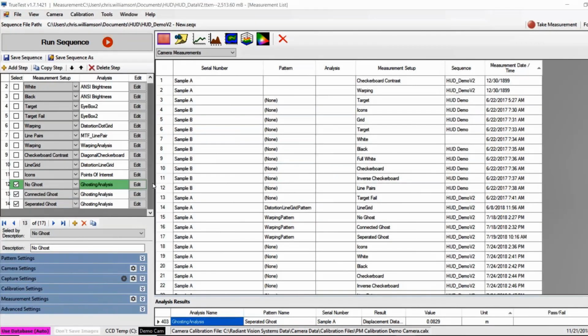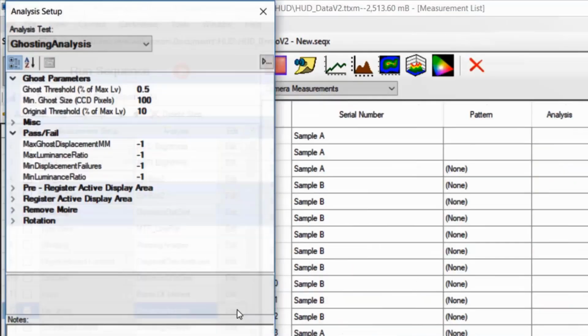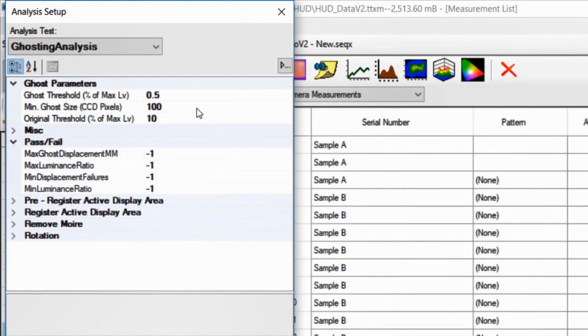So if we go through the ghosting algorithm, we'll bring it up. And again, you'll see the different parameters. And all of our software is very similar in that you have the flexibility to edit the parameters for each analysis. So whether we're looking at the percentage of max luminance from a parameter perspective for characterizing the ghosting,